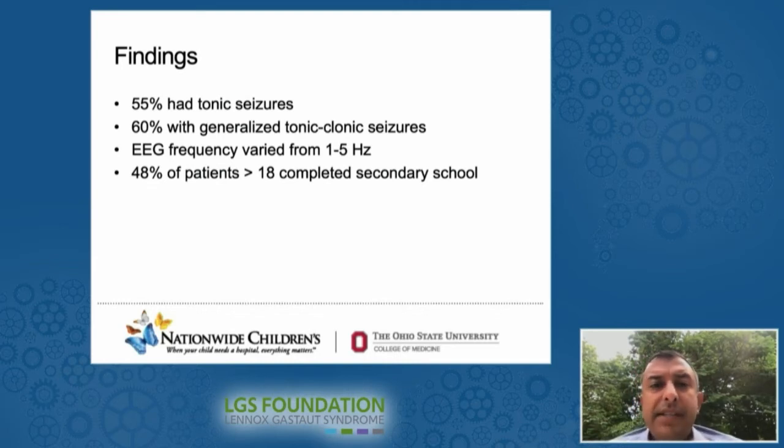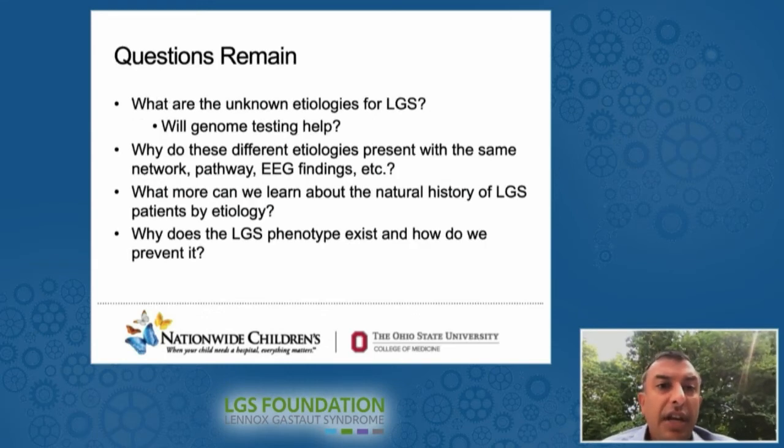So why did I bring this up? Well, I think that's one of the challenges we have. We need to have a strict criteria because perhaps the etiologies are going to be more known if we separate the diagnoses based on the strict criteria. Based on what Dr. Whirl and even what Tracy mentioned, Dr. Salazar mentioned, some of these patients may not be considered to have Lennox-Gastaut at this point. And why is that important and why is that necessary for us to understand as we learn about the different etiologies? Well, because there's lots of questions that remain.